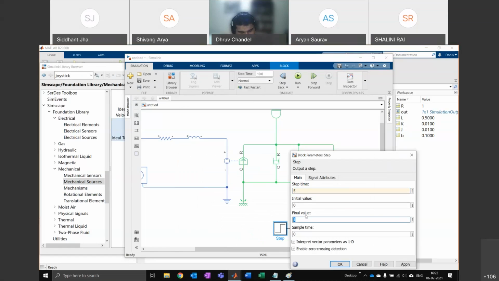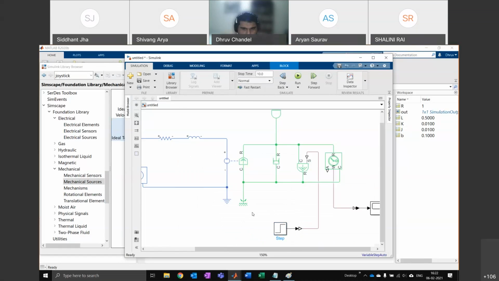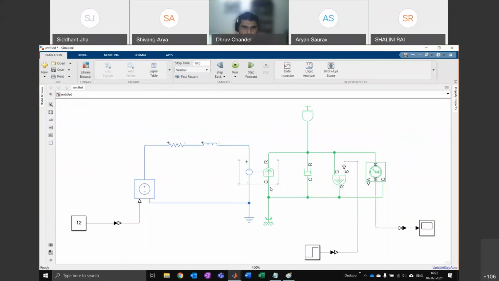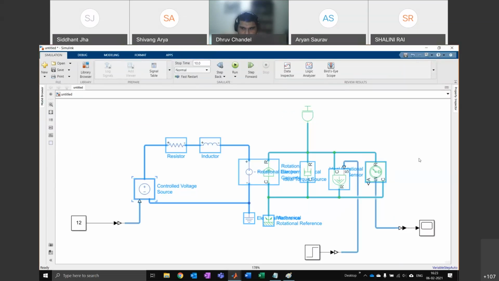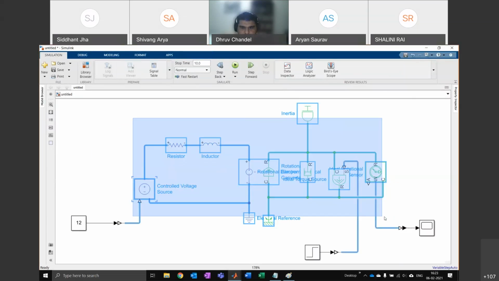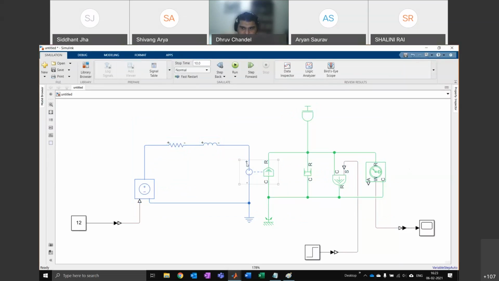Okay, so that's it. That's basically my whole motor model. We have the voltage source, resistance, inductance, motor, friction, torque, and a motion sensor and inertia. And this is the complete thing. So everything that we studied in 2 hours in the morning, I can make in basically 2 minutes if I understand what the components are. And I don't have to understand what the maths is. I just have to make sure I put the components in the right order.